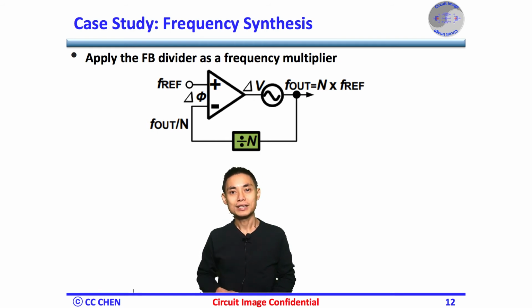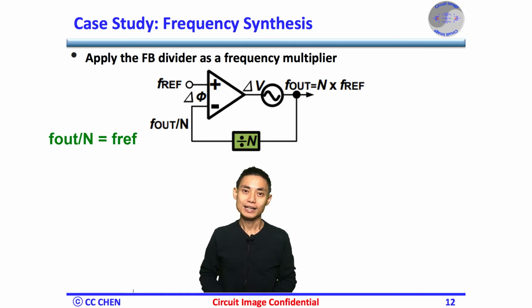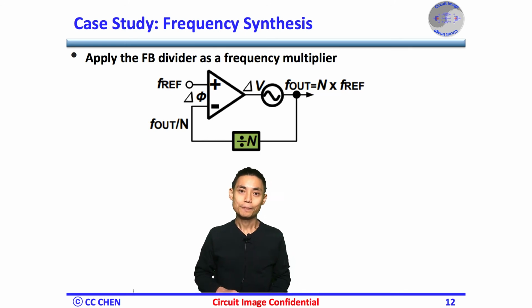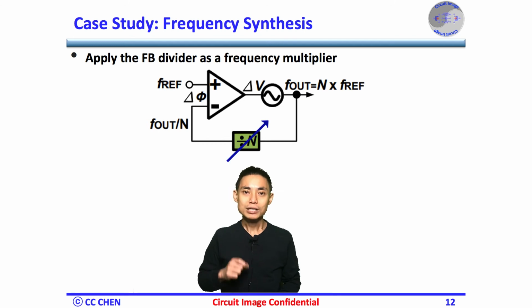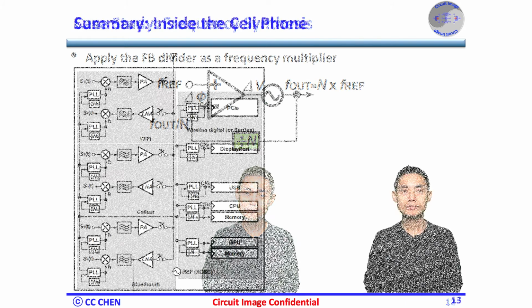Yes, frequency divider or multiplier can enhance the PL's frequency synthesis ability, such that it can be applied to all kinds of systems. In this example, putting the frequency divider at the feedback path such that the output frequency of the divider will be the same as the reference frequency. So, the output frequency is equal to n times the reference frequency. Simply by adjusting the number n, all kinds of output frequencies can be synthesized if the PL's voltage control oscillator can produce these frequencies.